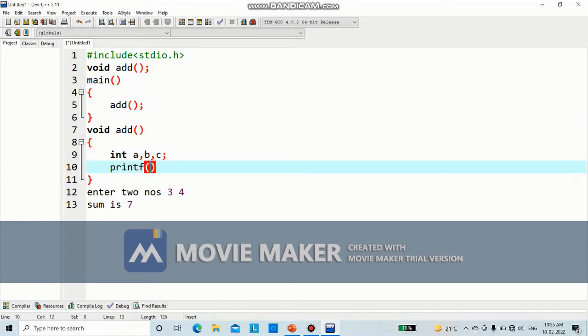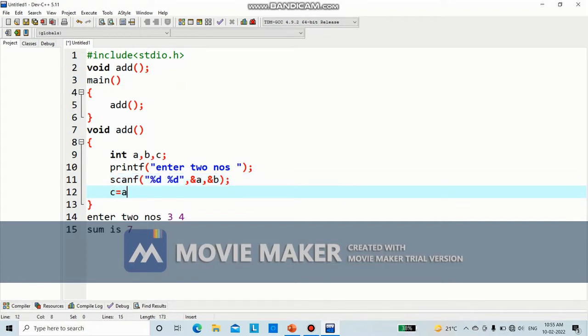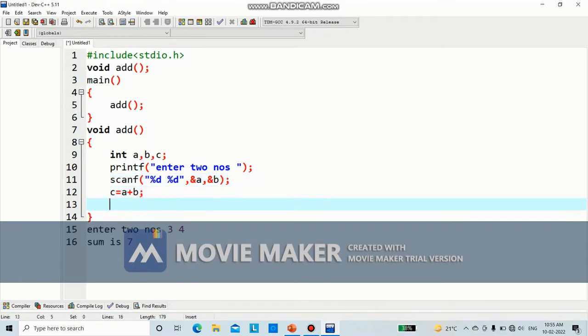So printf, "enter two numbers", scanf, %d, comma, ampersand A, comma, ampersand B. And then we are going to perform the addition, A plus B. Now we are going to display the sum, which is "sum is %d". We are simply going to write down C. So that's it. Okay, let us delete this part,